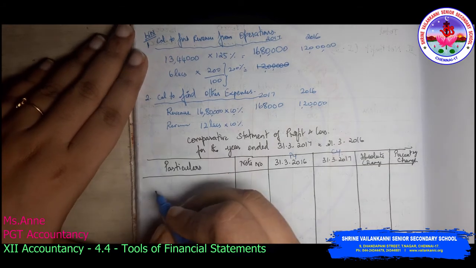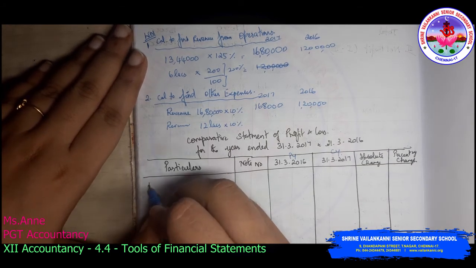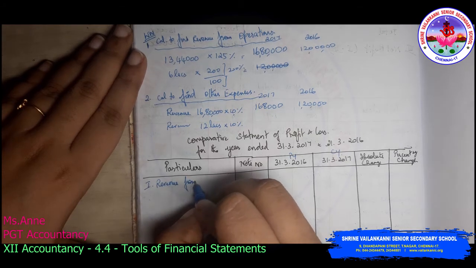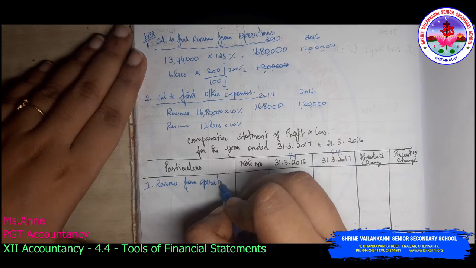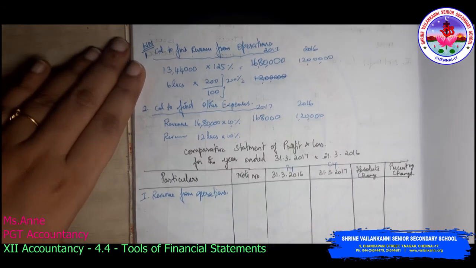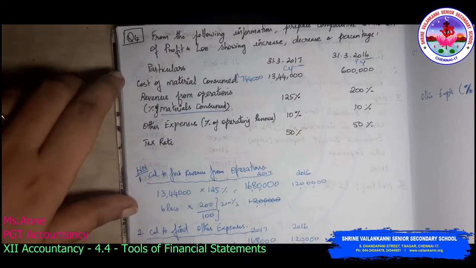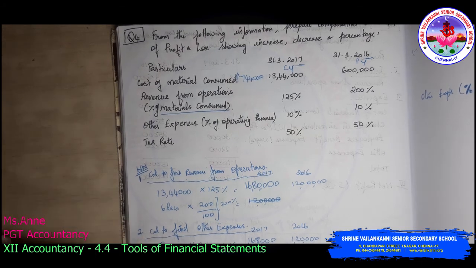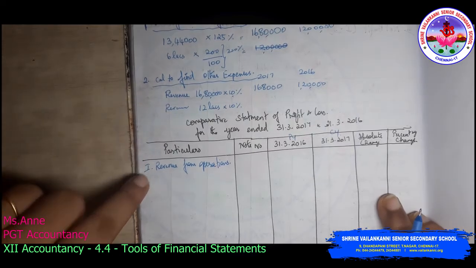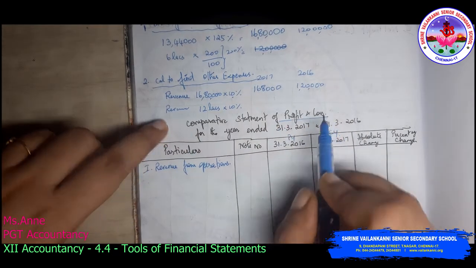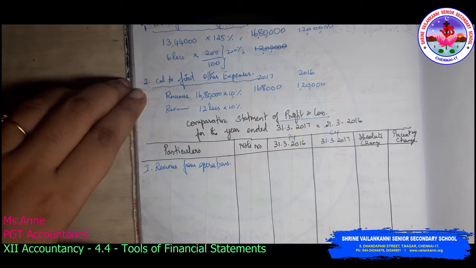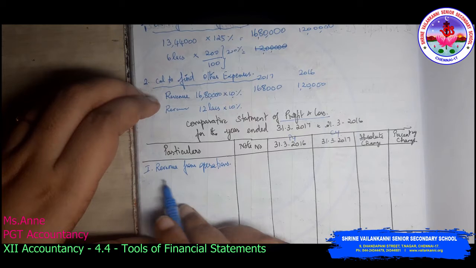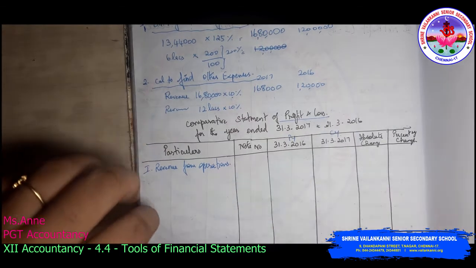So first I am going to write the revenue from operations. One silly mistake the students will make in the exams is that in the question they have given the cost of material consumed first. They will just write cost of material consumed first. See, this is a profit and loss statement. The statement you need to follow according to the Companies Act 2013. You cannot follow as you like. So it has to be like this. So revenue from operations is the first one.